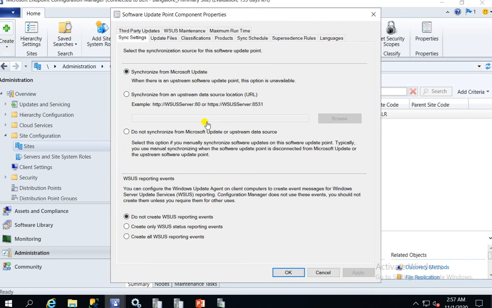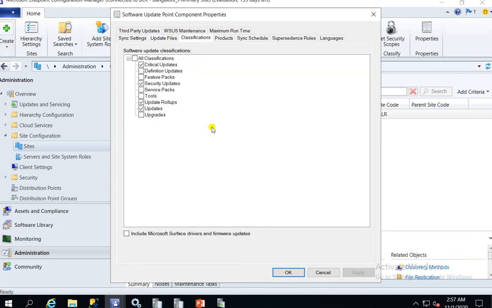Okay, so once you click there, then this window will open. Here we are talking about the classification. So if this classification was already set when you were configuring your software update point role, if you want to change it, you can go and select any other types of patches. All these types of patches I have explained in my last video. You can go back and watch that video, which type of patches, what is the use of critical update, definition update, feature pack, security update. So you can go back and understand which type of patches we are using where and why we are deploying them in production.